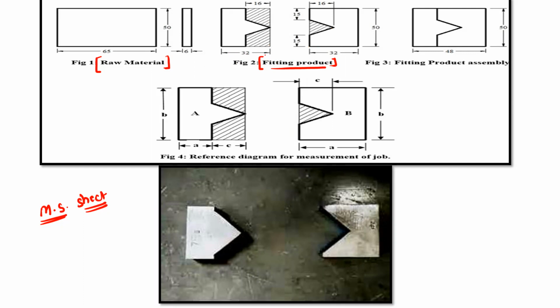So the first dimension given here is 32. So this is in millimeters, and this height is 50. Okay. Second is also 32 and 50. Okay, and with these dimensions, we have to remove some part. So this hatched portion is to be removed. Okay, and finally, you can insert this male part into this female part, and this is the final assembly.